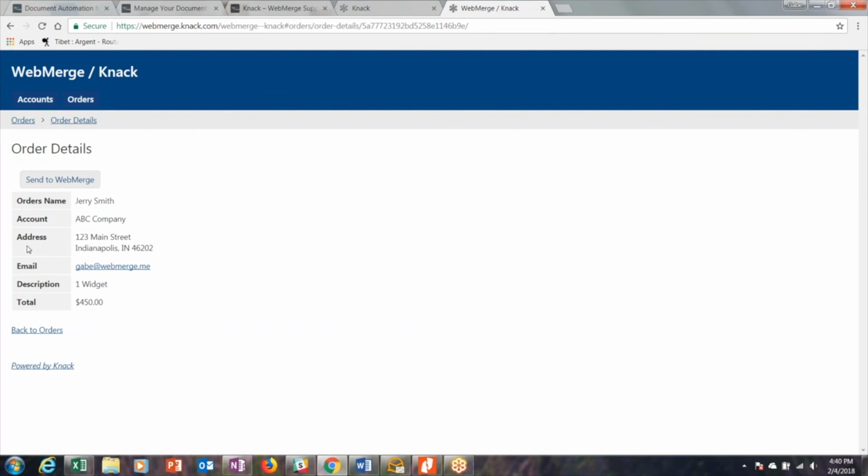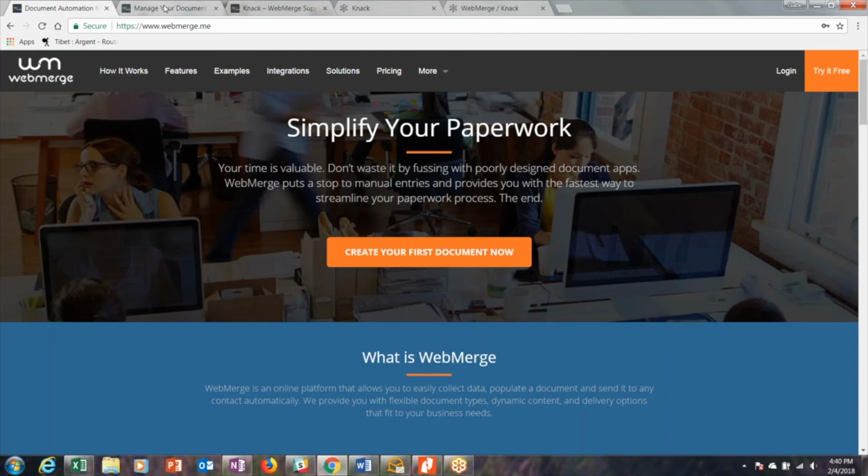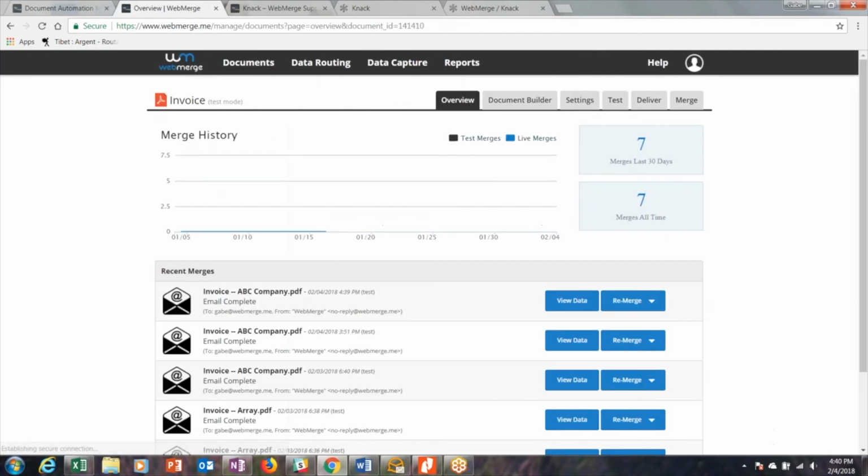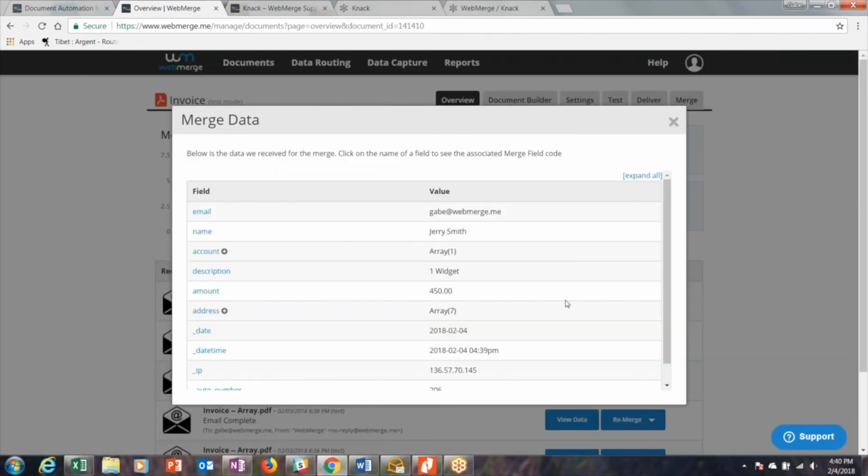If you have data like address equals 123 Main Street, Indianapolis, Indiana 46202, you're going to have sub data that you'll need to gather back here. So let's come back into our WebMerge account. And we'll go to this overview tab. And we're going to be able to grab our data here. So you can see that we just sent this over. We'll view data. You can see everything came over just fine,